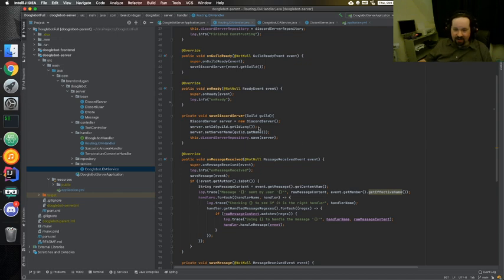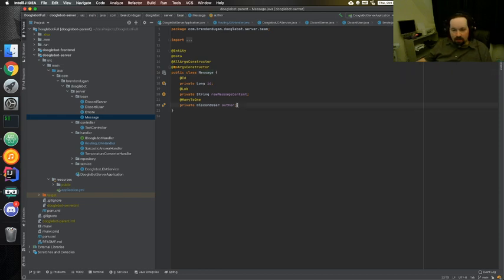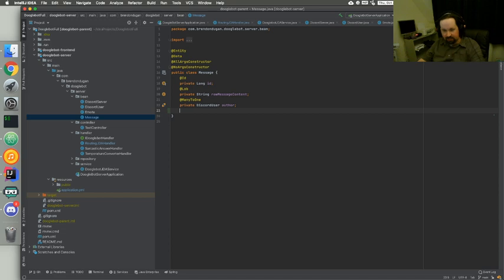Anyway, this is how it goes. So let's take a look at our entities, which we are going to be saving. We still haven't dealt with the emote class, which is fine. But we do have the message. We've got the ID, got the raw message content, and we have the Discord user who sent it. Another thing that we are going to need is the actual Discord server in which it was sent. So let's